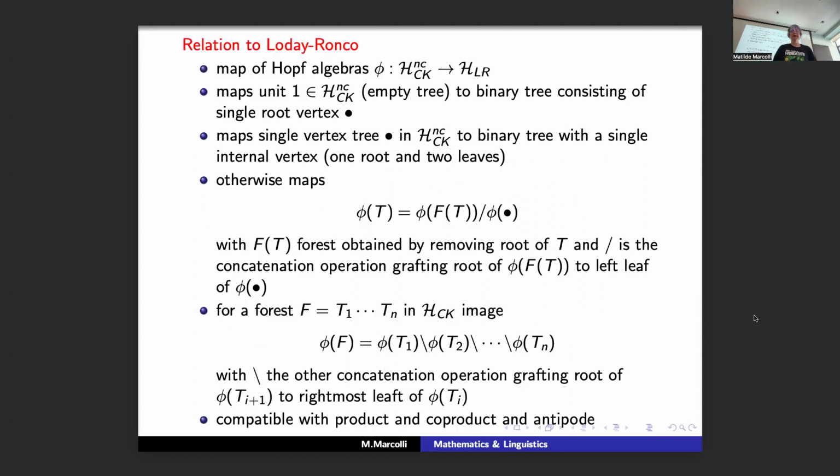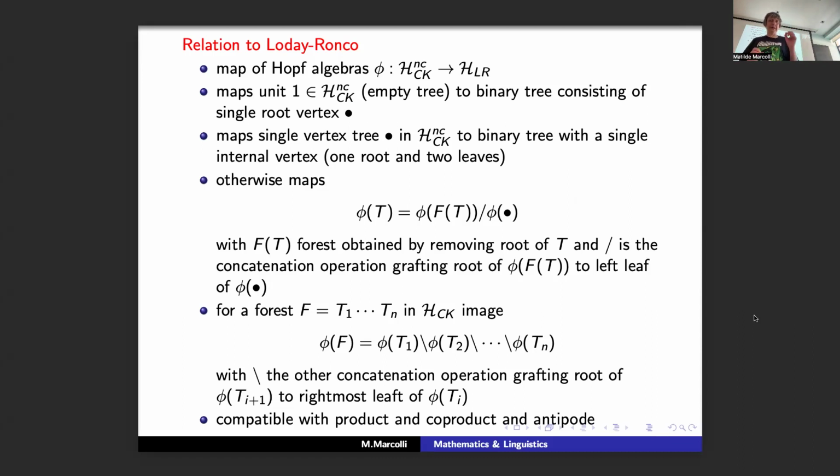So there is a map that goes from this Connes-Kreimer algebra of rooted trees with the coproduct given by admissible cuts to the Loday-Ronco Hopf algebra. And it is a map that is actually a map of Hopf algebras and is compatible with the product, the coproduct and the antipode. The way it's constructed is a bit